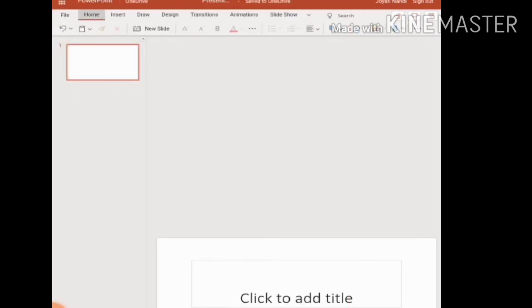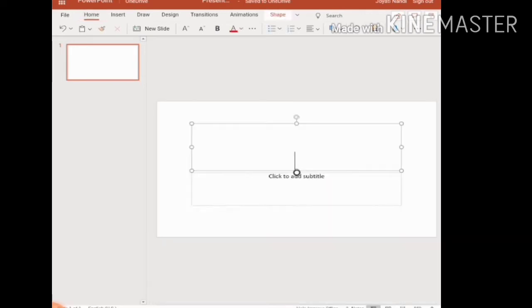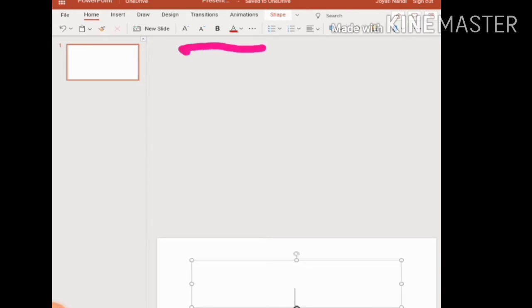Next I am going to the Home tab. These are the options available here. This is the font group, where the capital letter A is, where you can change the font style, font size, then the particular design. These are the alignment group. Then you can insert a new slide by clicking on the New Slide option. These are copy, cut, paste. This is the main option in the Home tab.